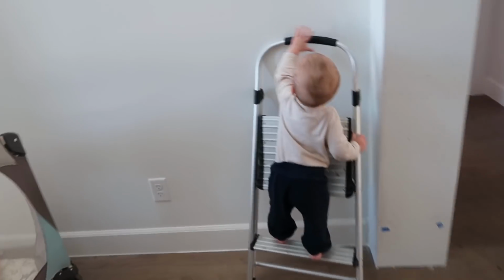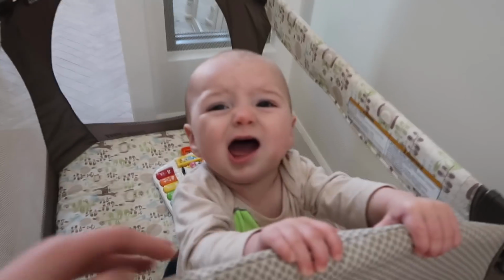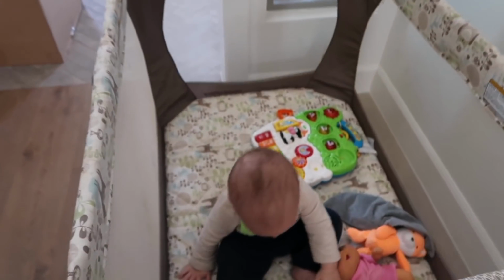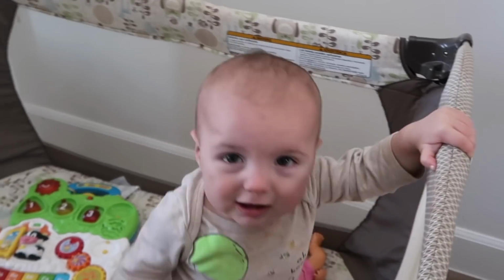Are you guys seeing what I'm dealing with? This baby is a climber. He's crazy. Let's put you in your playpen. I know! You want to be held at all times. Oh. Here, buddy. Have a book. Oh,